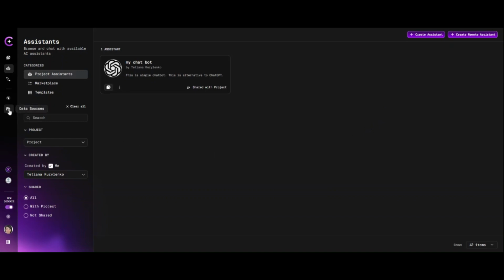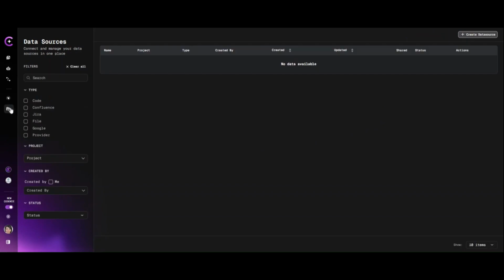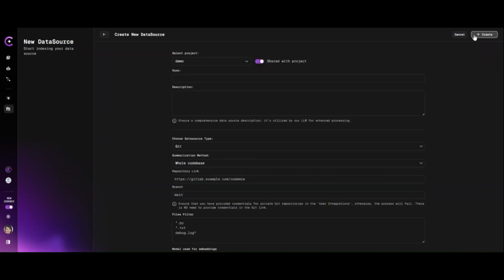Now, let's get started by navigating to the Data Sources menu. Once there, click the Create Data Source button. This action will take you to the Add New Data Source page. Here, you will need to select the project for which the data source should be created. Next, specify the name of your data source, provide a short description, and decide if it should be shared with